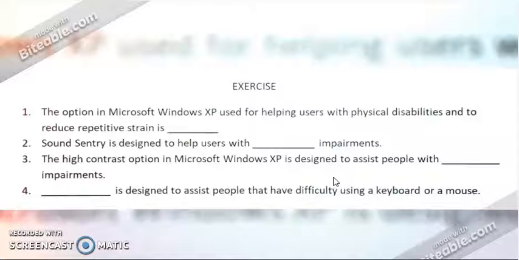Sound Sentry is designed to help users with auditory impairments. The High Contrast option in Microsoft Windows XP is designed to assist people with vision impairments. Next, blank is designed to assist people that have difficulty using a keyboard or a mouse, that is serial keys.